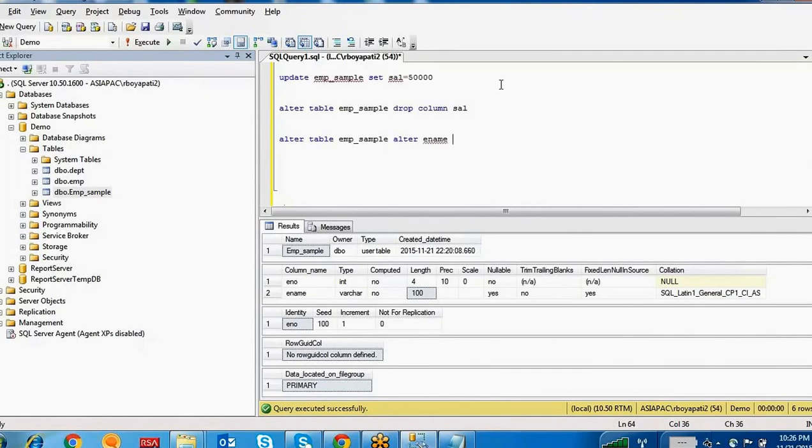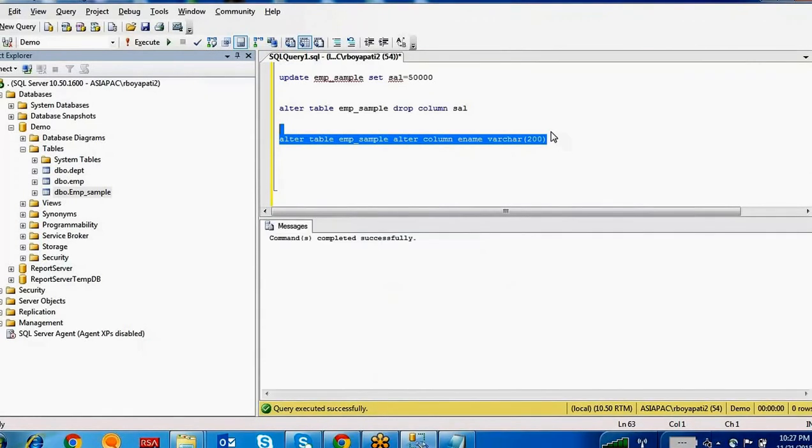Employee name. And what is the data type you are going to change? We are going to change it to 200. Alter the column, and the column name you have to write down, and here you are going to change to 200. Execute it. Command completed successfully.